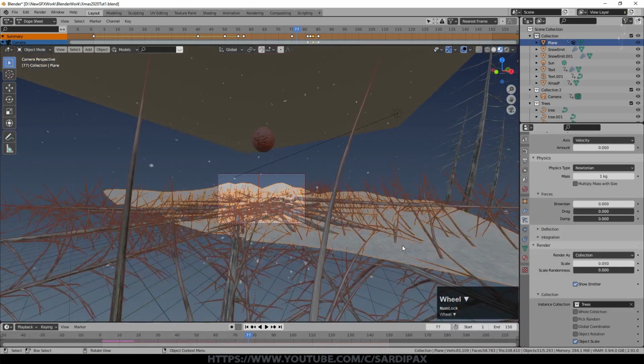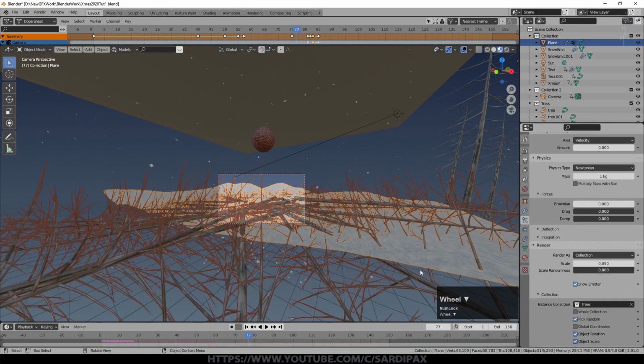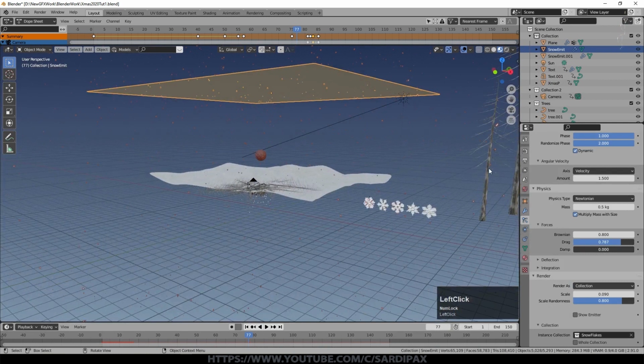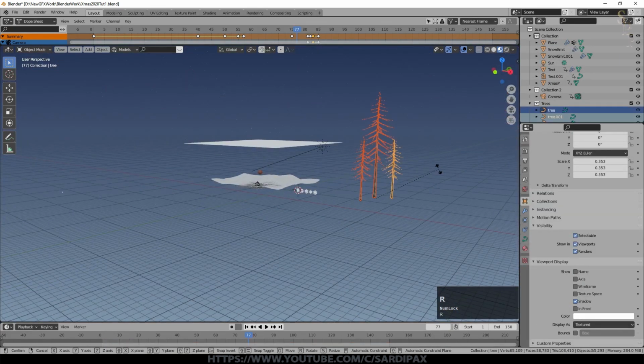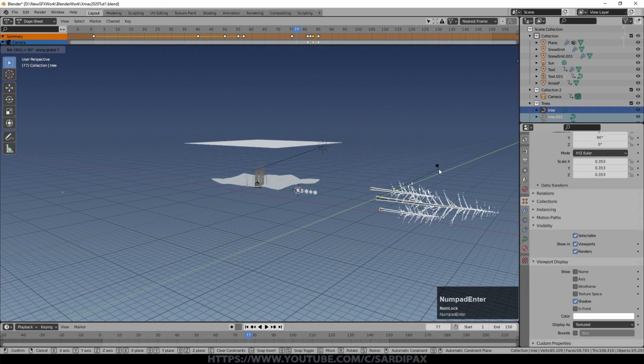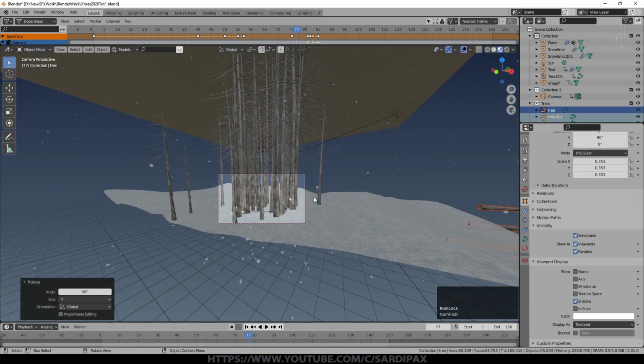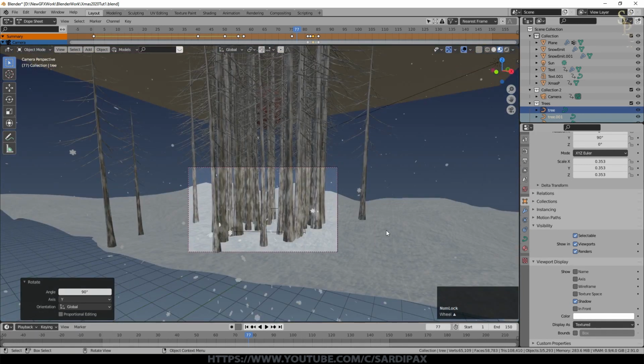Now you can see, as always, they're all lying down at the moment. We'll say object rotation and pick random. Then we'll select our 3 tree objects here. Press R, Y, 90. Now if we come back to here, you can see they're all visible now. The reason they've all tended to cluster around here is because there's a lot more vertices here.